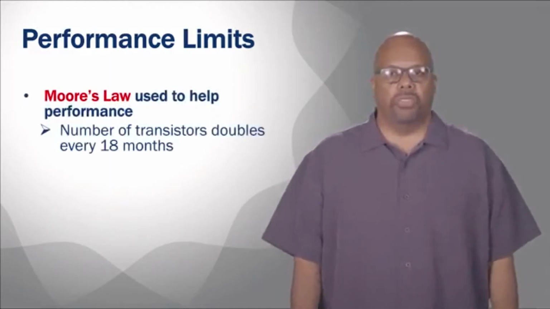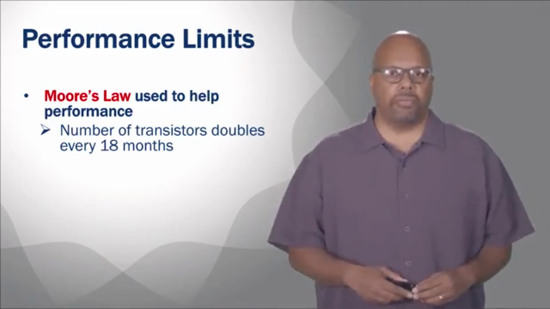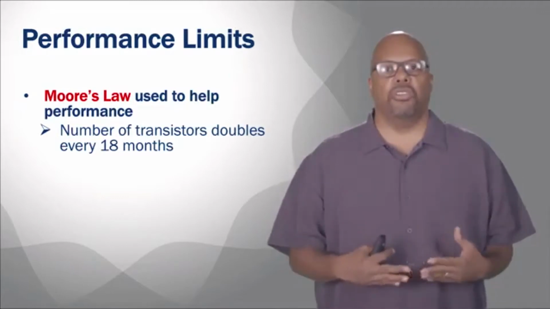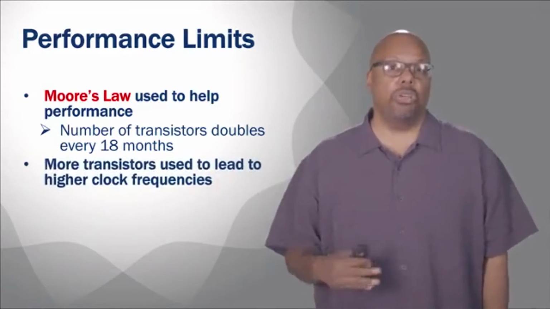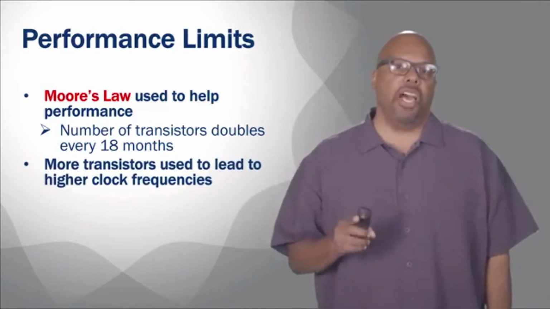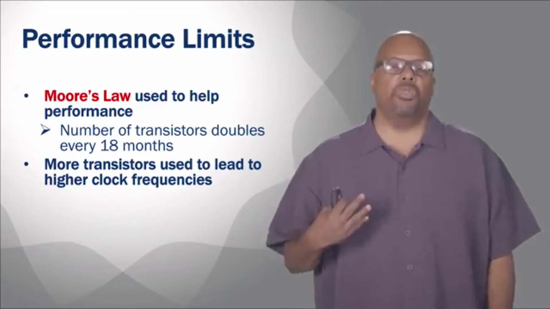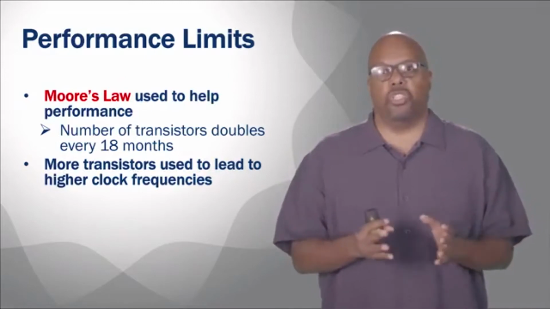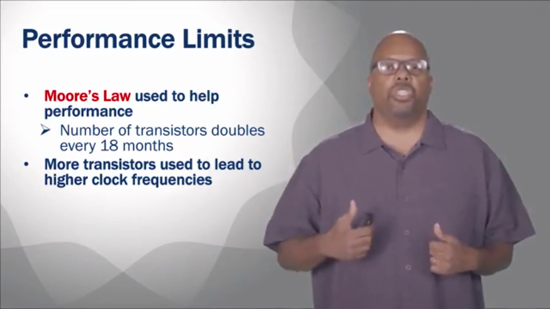So Moore's Law. Just to summarize, you probably heard of this law, but in case you have not, Moore's Law basically says that the number of transistors on a chip doubles every 18 months. Now, this used to be the case. It is not the case anymore recently. That has changed, but this used to be the case. And so because of this doubling of transistors, machines would speed up. Just because the transistors were smaller and closer to each other, you could increase the clock rate. And so clock rates would just increase.